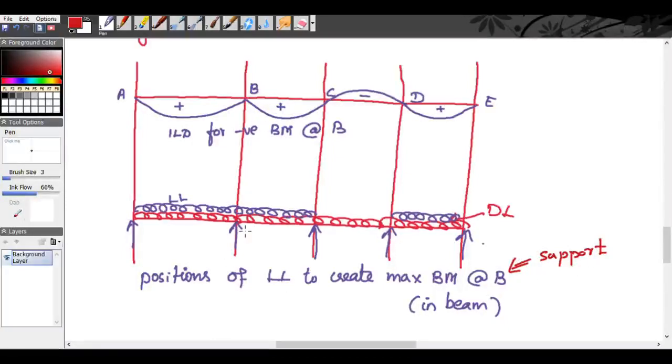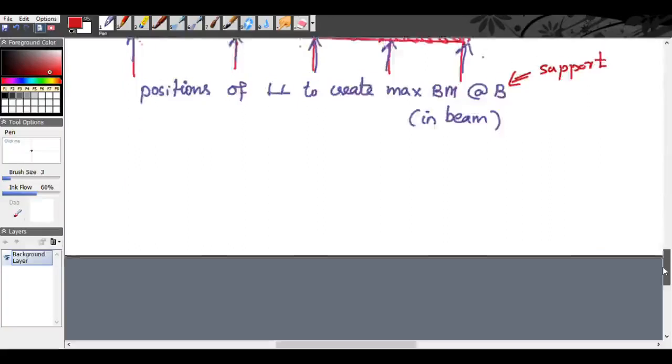At B, we have two adjoining spans, BA and BC. These two spans should have live loads, and the alternate span, that is DE, should also have live load. This is the loading condition for obtaining the maximum bending moment at the support. Now the third